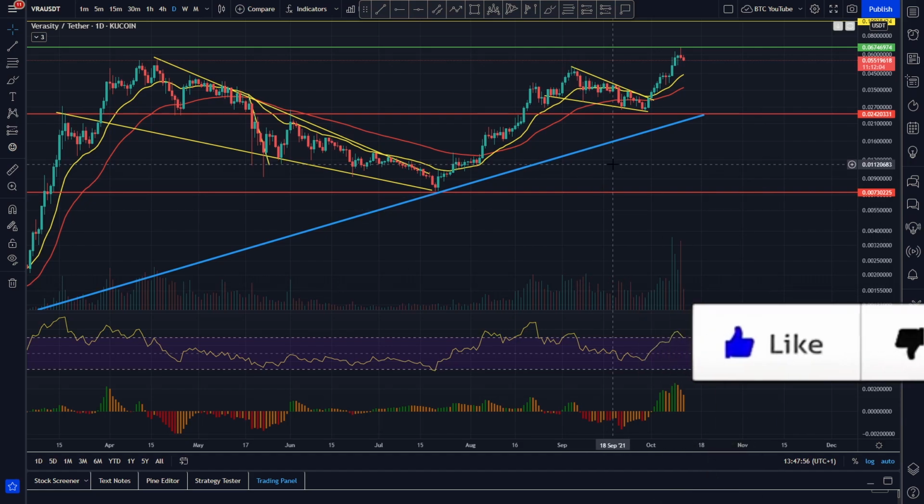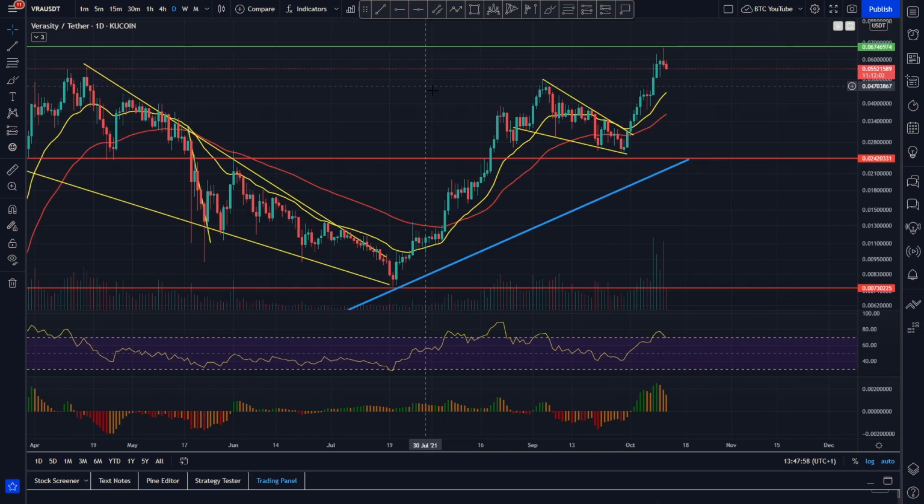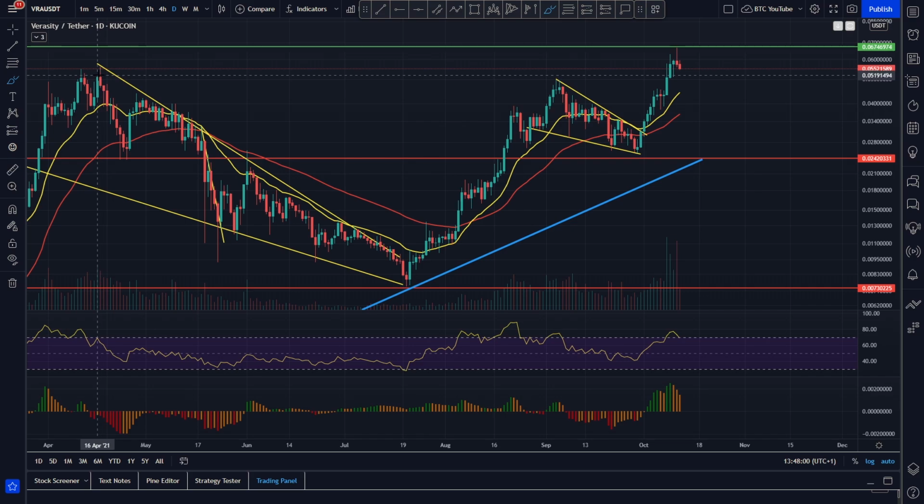So we're just taking a look at Verasity here, and as we can see, the chart is forming up really bullishly, coming back down to retest that previous all-time high at around that 5.5 cent area. You can see here, this is our 5.5 cent previous all-time high area. We did actually break that recently, running up to a high of around 6.7 cents here before having a bit of a rollover. It looks as though altcoins are actually bleeding in the market right now quite significantly.